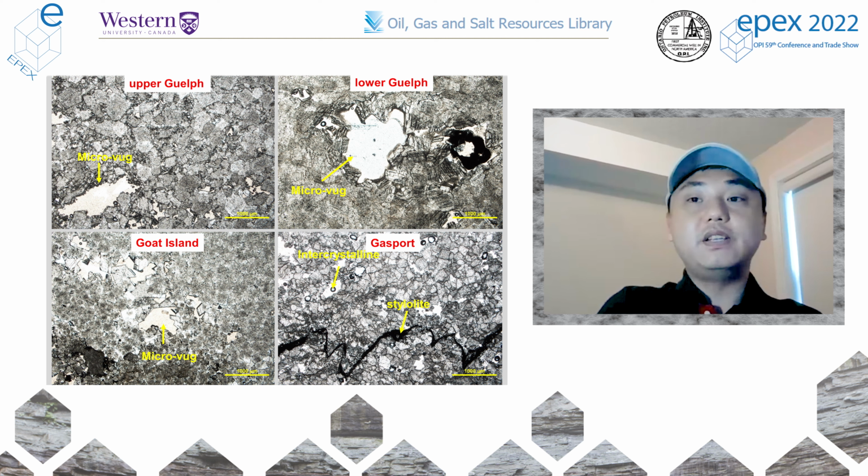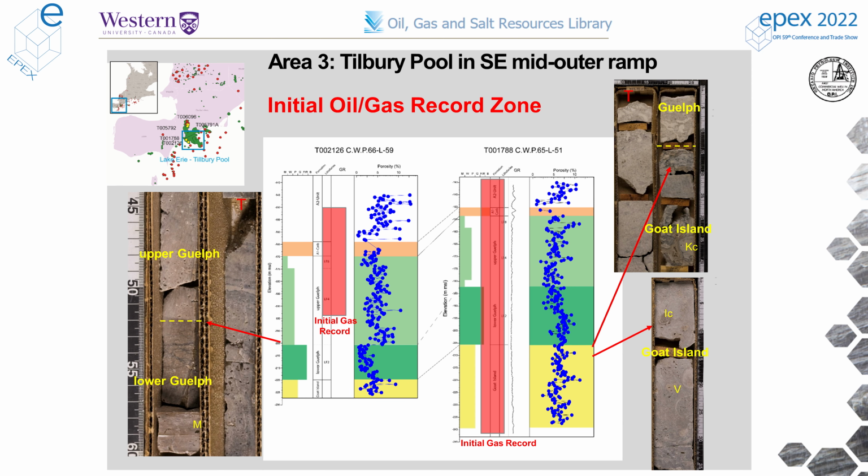Stylolites do occur as undissolved argillaceous residues that may have controlled the formational water flow or the dolomite recrystallization during the late diagenetic stages. Tracing southwestward into Area 3 near the edge of the carbonate ramp, the thickening of the Lockport is regionally consistent, with some localized thickening recorded in some small areas along Lake Erie where the natural gas pools have formed. The rock units that form the Tilbury gas pool include the lower A-1 Carb, Guelph, and the